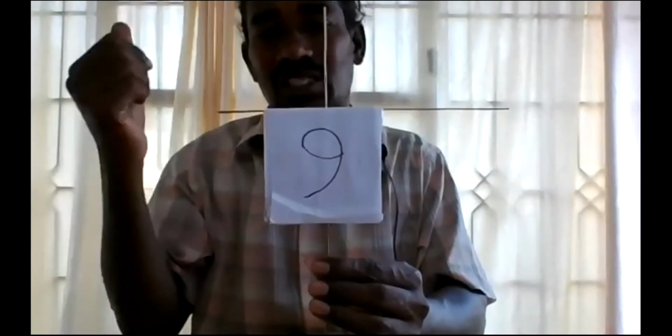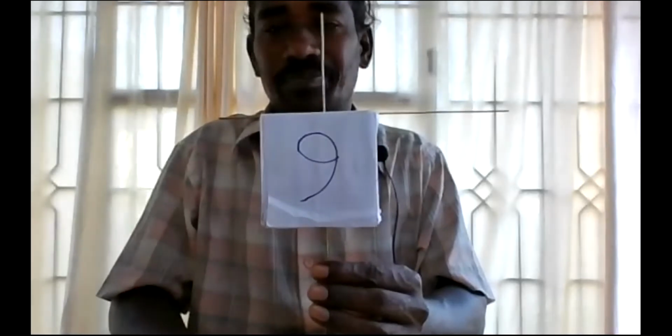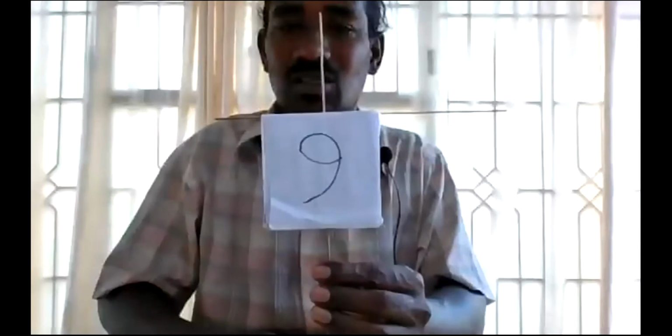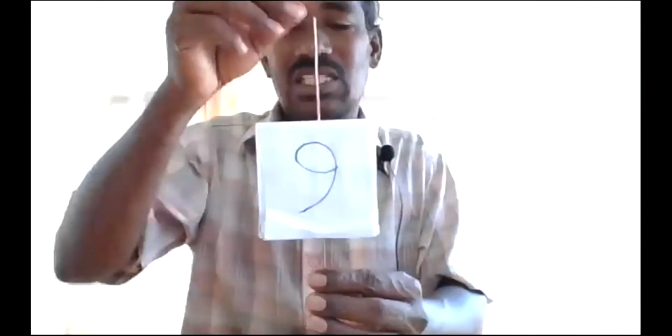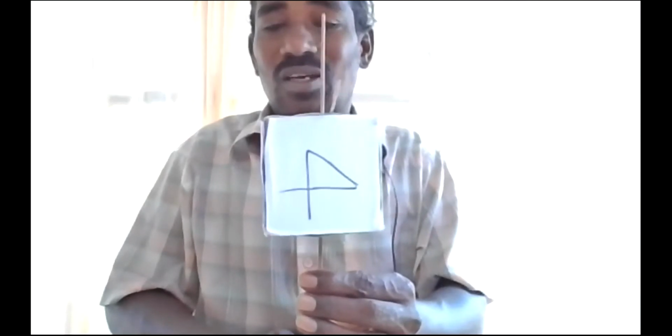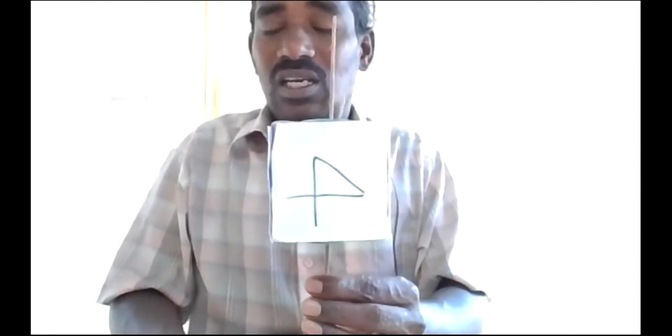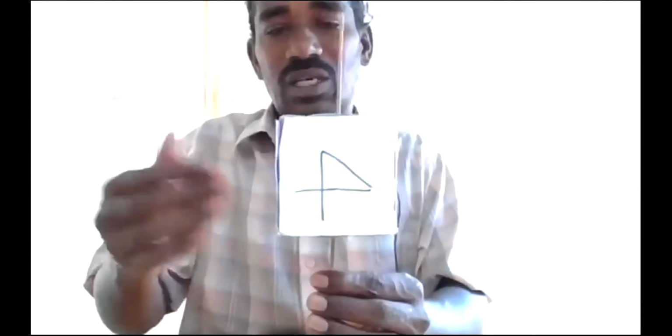Are you getting a face, a similar image? Similar image you are getting. That means symmetry is there. We got this symmetry by rotating with respect to this axis, so this axis is called the axis of symmetry. Next I will rotate another 90 degrees. Now shall we say we got a face of the cube like this? That means shall we say similar image?